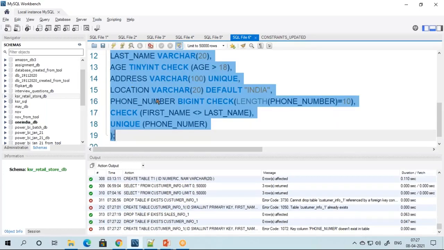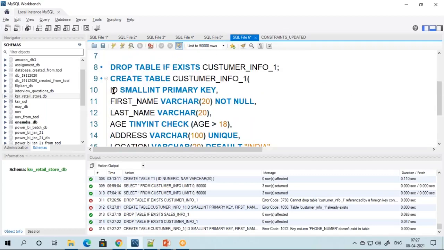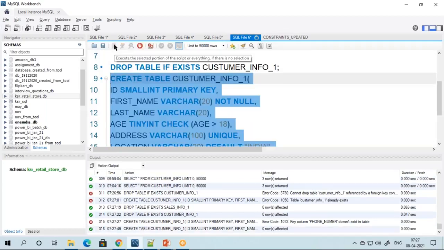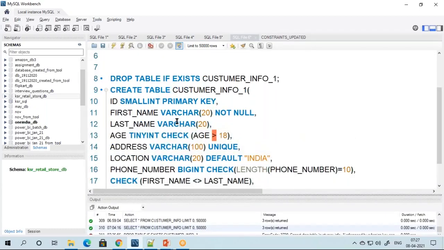Phone number does not exist. Why? Phone number spelling is wrong in the 18th line. Okay, phone NUMBR. Okay, thank you. So now I will go and run this table. It's executed. The table is now executed with constraints. Now I will start inserting the records, and we will see